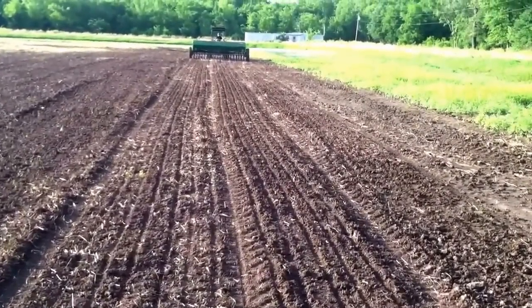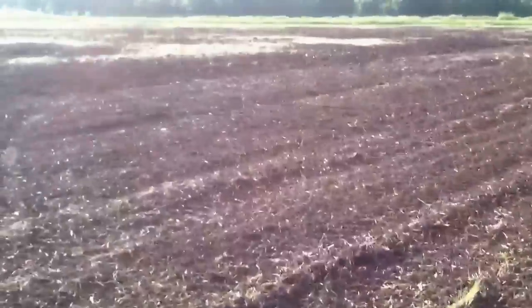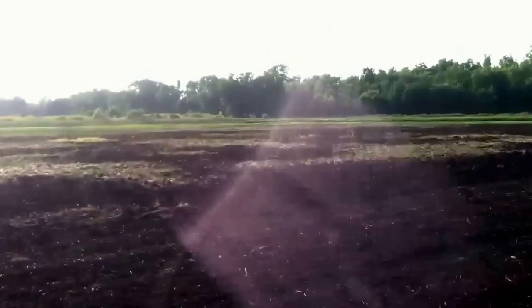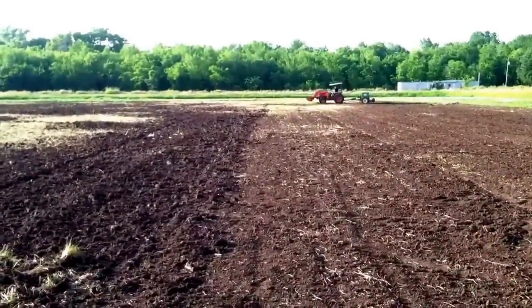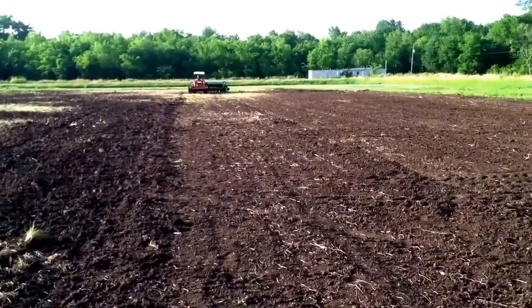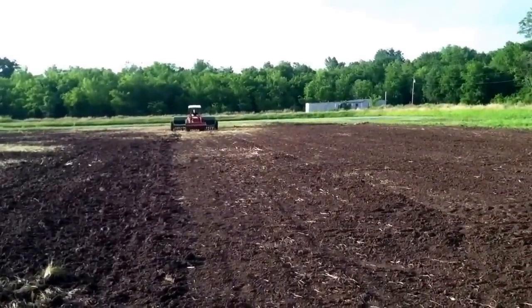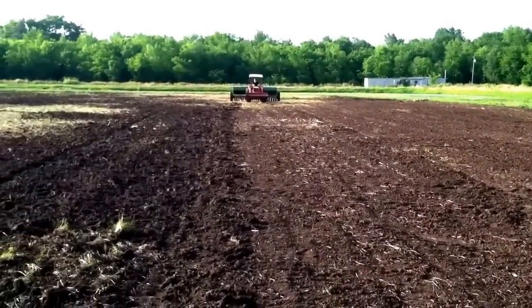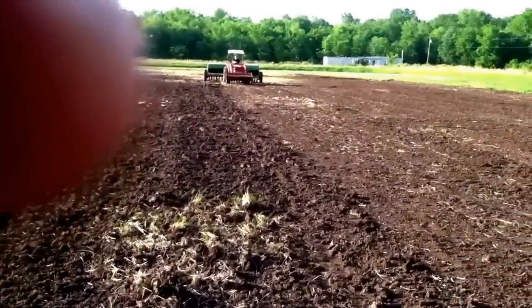Alright folks, got Tony over here making his first pass. This particular strip is in one of our 20-acre ponds. I probably have the beginnings of, I don't know, 10 acres disked in here. But anyway, this little area right here is what we call the rectangle. As you see Tony down there, he's getting ready. He's coming back for his pass, coming towards me. We call this the rectangle right in here. I mapped it out. It's not quite 2 acres, and